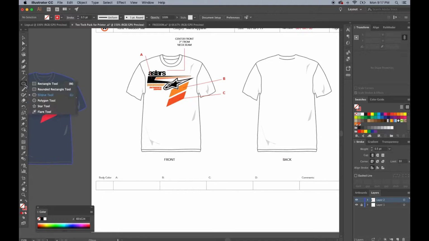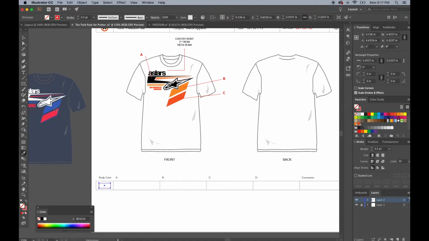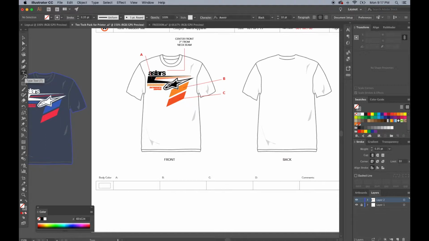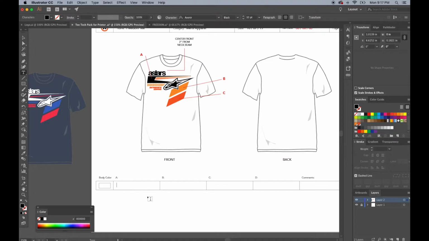So we're going to go to the rectangle tool, and we're going to create a little rectangle, and with the eyedropper, we're going to sample that line. Okay, and we're creating this on layer 2. So now the body color is going to be white. So we're going to grab the type tool again, and we're going to place it right there, and we're going to write PMS